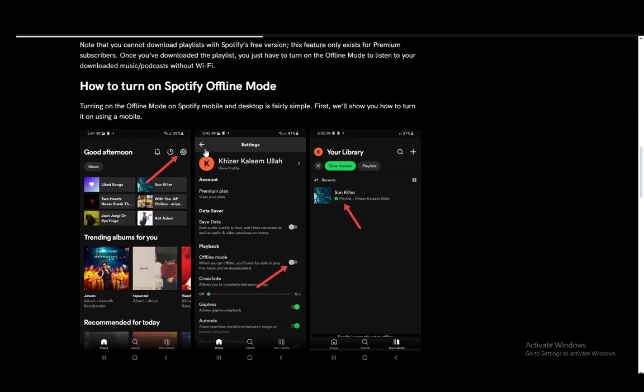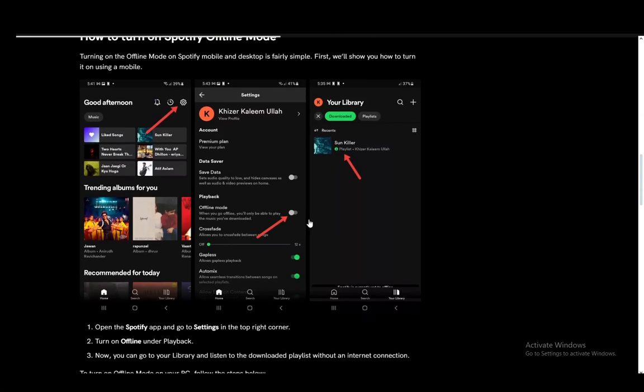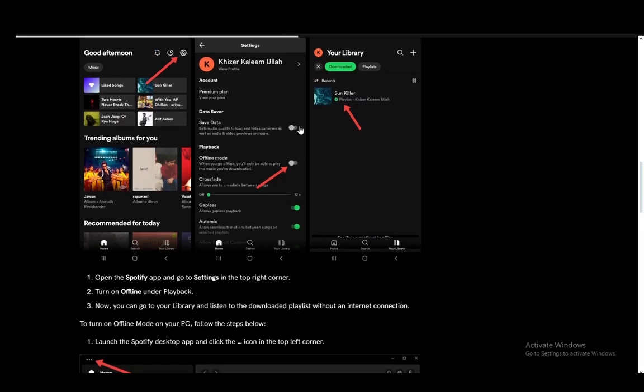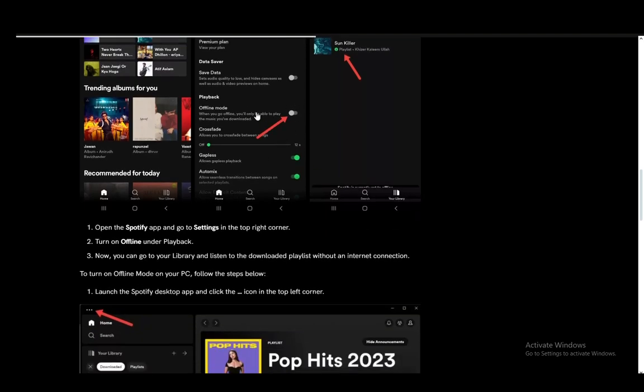On mobile, once you're in the app, you just click on the gear icon, then go to offline mode, and just turn that on, and then you'll be able to play the playlist offline. And this is under the playback section. Of course, you just need to keep in mind, you just scroll down until you find it,